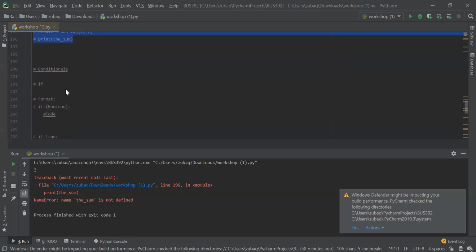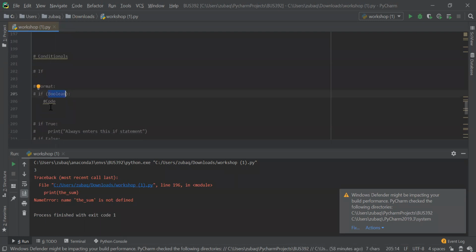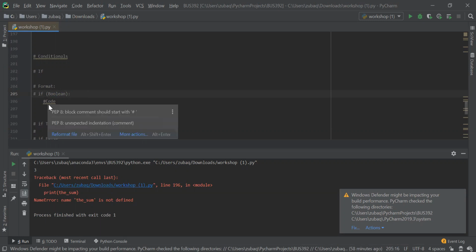Okay. Next, I'm going to be talking about conditionals, and these are just kind of like if statements. If you are familiar with Excel if statements, it's kind of similar. The format is you type in the keyword if, then you put a boolean, and you have your code under it. If you notice, the colon is there after, and the code is indented, and that's to